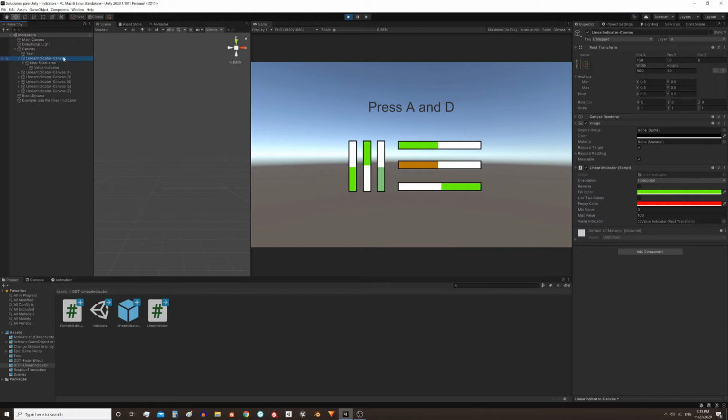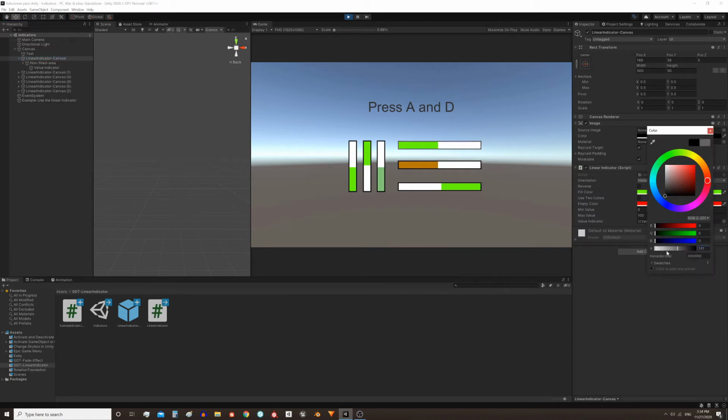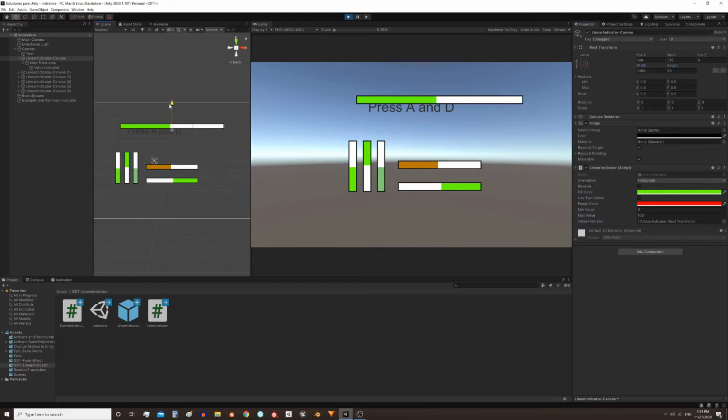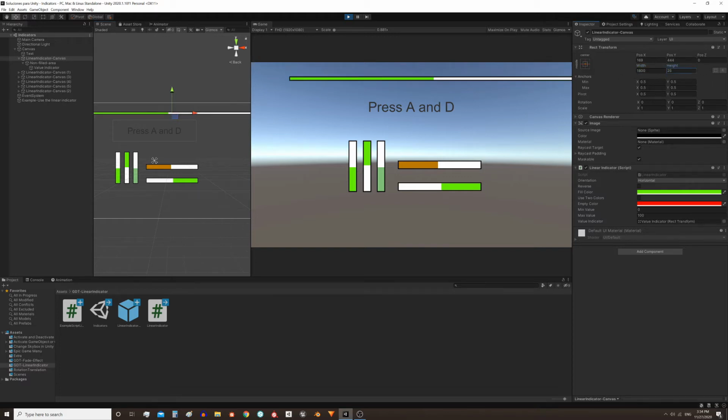In the first place, we have this game object, the father, that has the script assigned. It works as a background too, this black frame that we see here. If you want, you can remove it, making it completely transparent, or you can change the color. If you want to change the size of the indicator, you only need to modify these width and height values. That's enough. For example, if you wanted to fit this whole part of the screen, give it about 1800 for the width and about 25 for the height, and it will look like that. Notice that it still works exactly as before, just change the size.